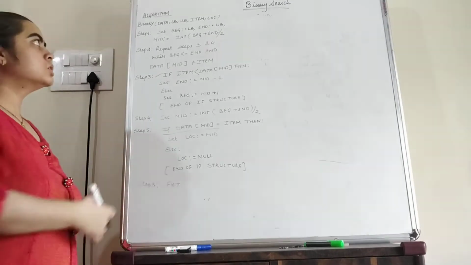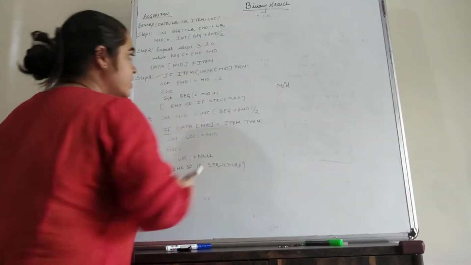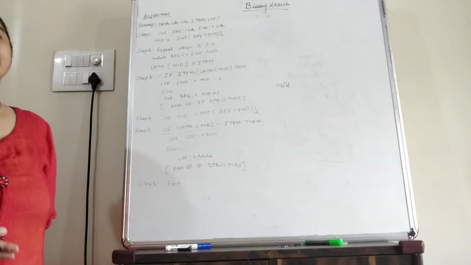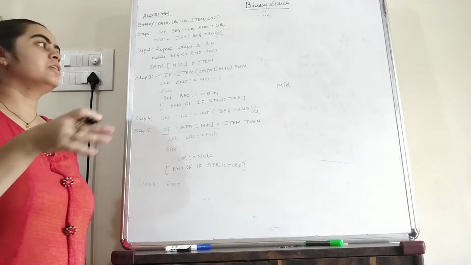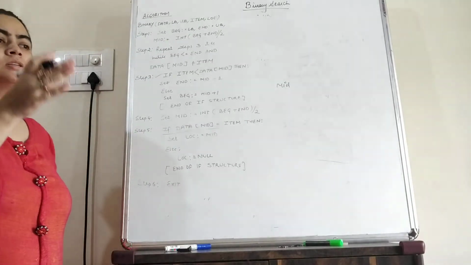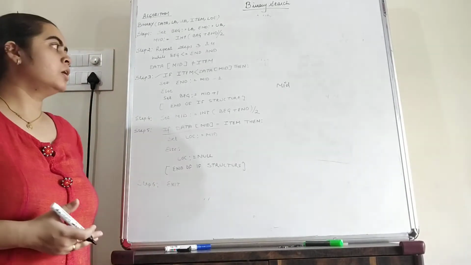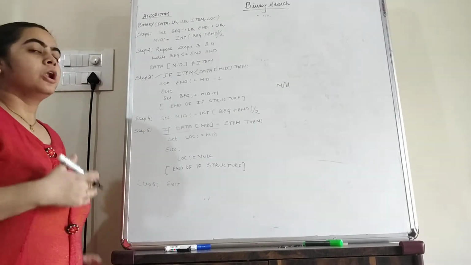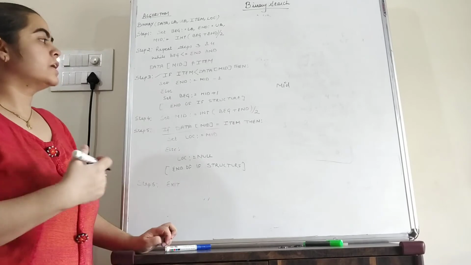Now students, in order to implement or execute the binary search, firstly we have to find the mid location of the list. So in binary search, by finding the mid location we can divide a list into two parts, and we can take only that part in which our item is there. If the item is in the second half of the list, then we can truncate the first part and directly start searching the item from the second part. So it will reduce the time of searching, and it will reduce the long list into a half list, so that we can search the data elements only from the half list, and it will also save time.